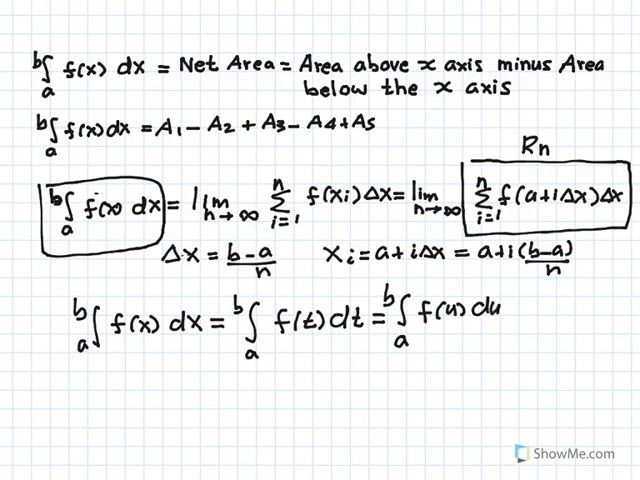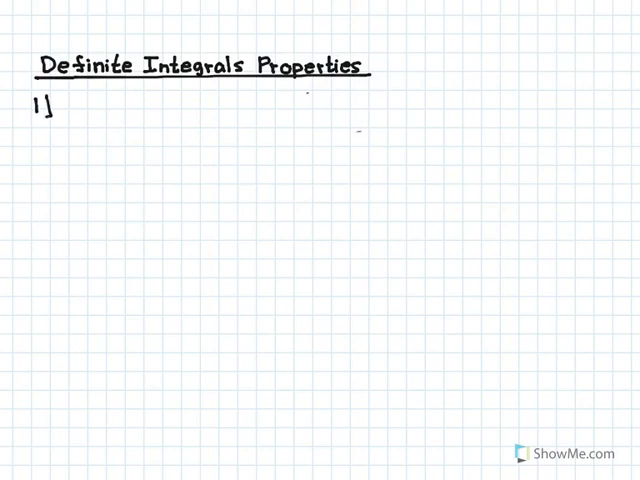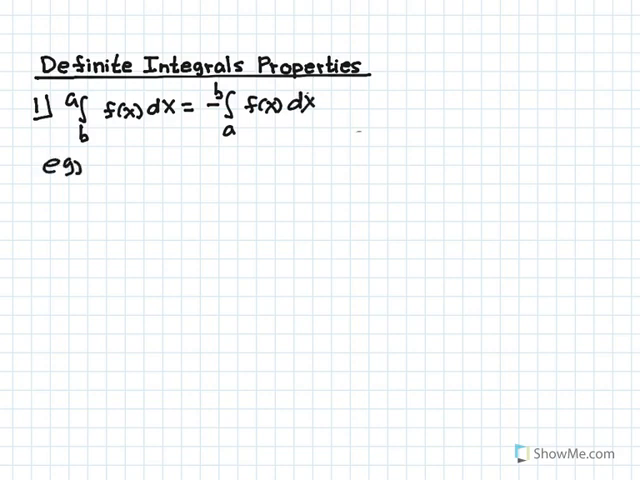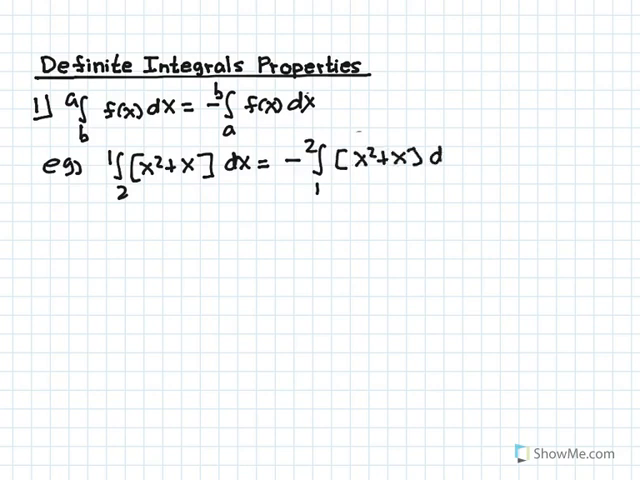All right, let's look at some properties of definite integrals. Property 1, the integral from b to a of f of x dx is equal to minus the integral from a to b of f of x dx. So if you interchange the limits of integration, you have to put a minus sign in the front. Let's look at an example. The integral from 2 to 1 of x squared plus x dx